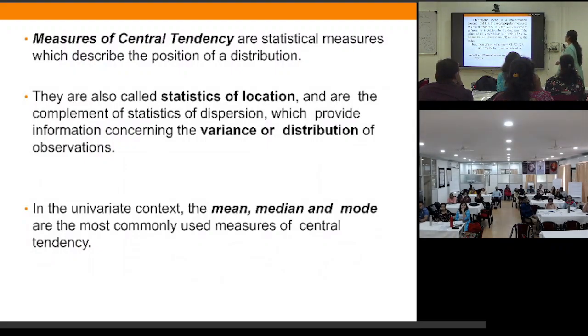The first one, which is very simple, we know since school time, is the arithmetic mean. It is a mathematical average. It's the most popular measure of central tendency. It is frequently referred to as mean. It is obtained by dividing the sum of all the observations in a series, denoted by the summation sign, summation x, divided by the number of observations.